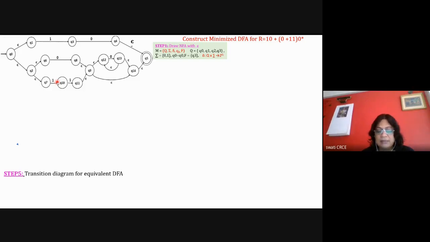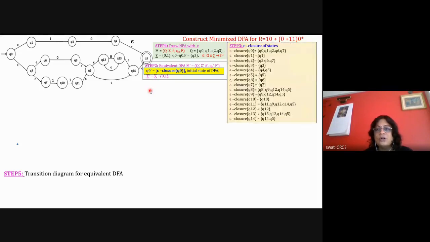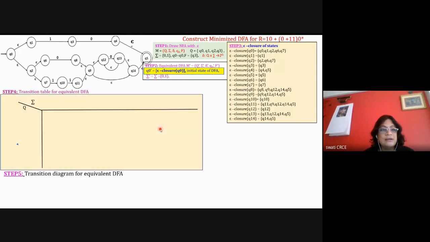Now, in the previous step we got this NFA. For this NFA, we have written down the steps: this is the given NFA and the equivalent DFA. I'm just assuming this is my initial state. So for NFA with epsilon to DFA, we use epsilon closure. The epsilon closure of the initial state is the initial state of the DFA. So just write down all the epsilon closures. Epsilon closure of Q0 is Q0, Q1, Q2, Q6, Q7, combined together in a square bracket, numbered as 1, the initial state. So using that, you start.